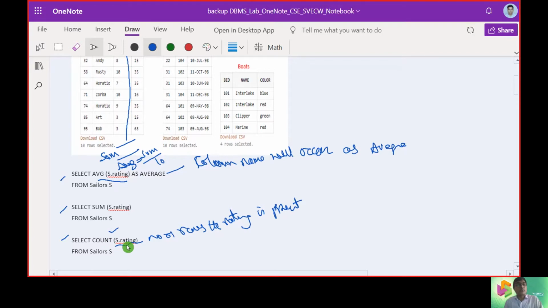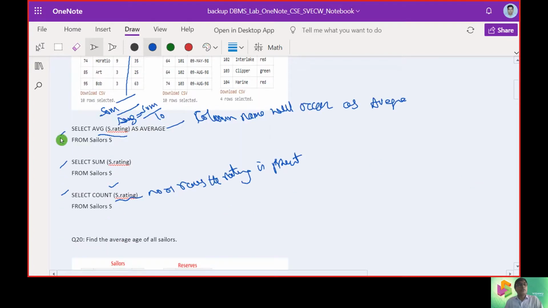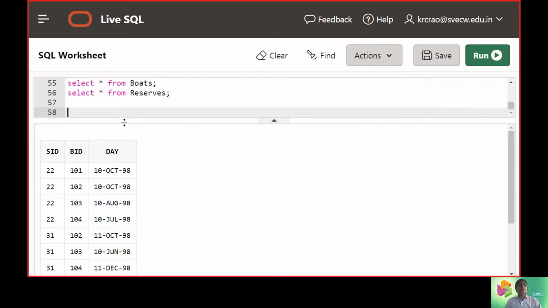These are some of the basic queries before we dig deeper. We will take up the three queries here and see how they are executed in our SQL editor.